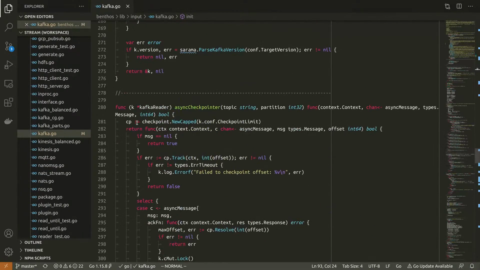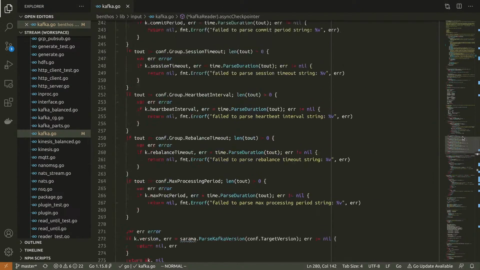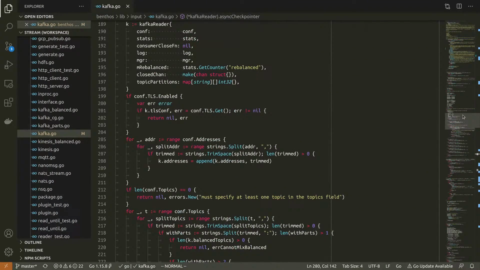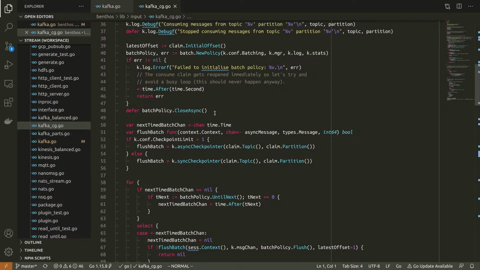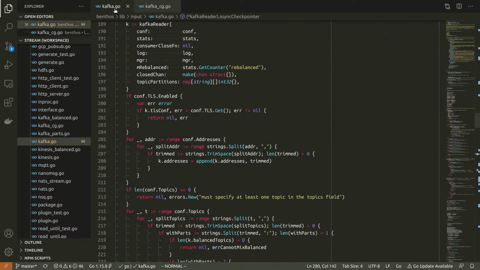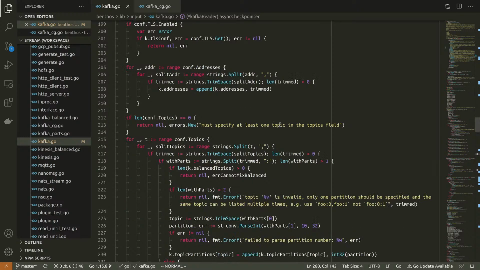So the Kafka consumer, the Kafka input, is actually already branched into two separate consumers. The first one is consumer groups, and you get that if you don't specify explicit partitions with your topics. So if you just specify a topic without a partition list associated with it, then yeah, good for you.